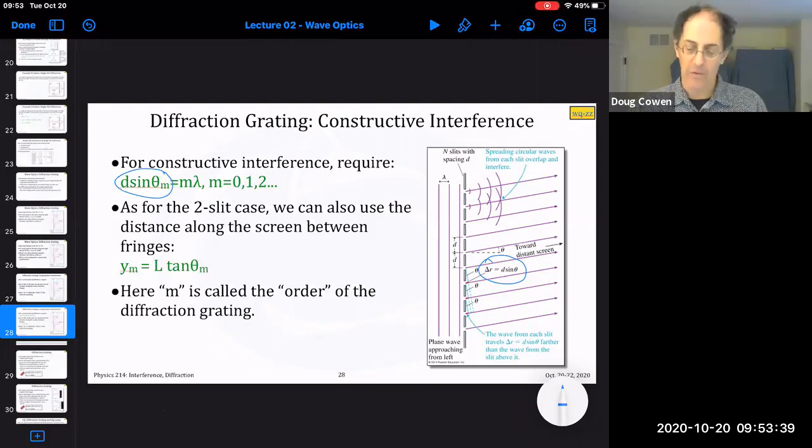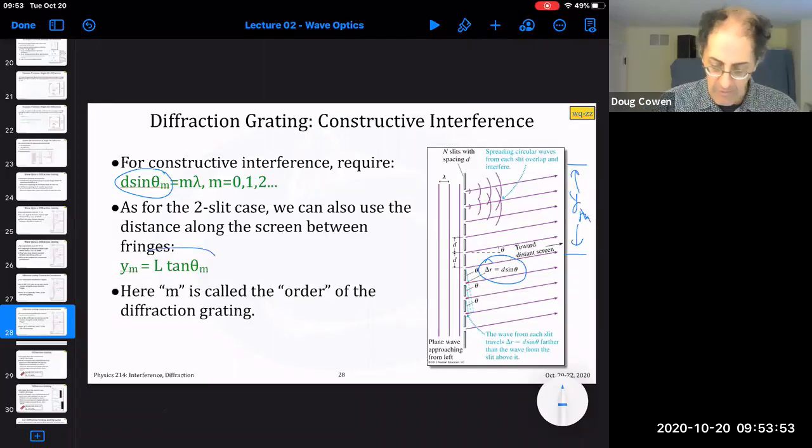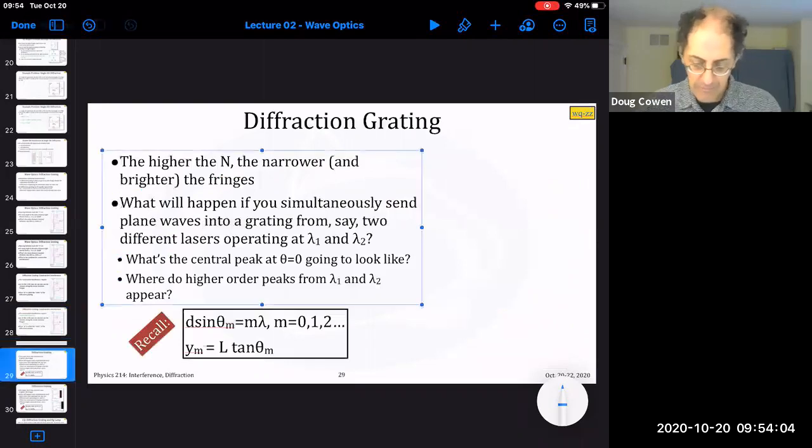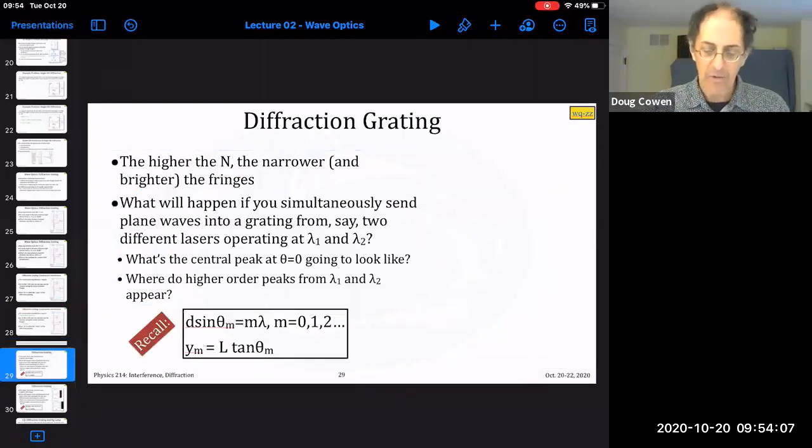And just as for the 2-slit case, you can also convert this to a statement of what's the distance along the screen, y_m, by using the relationship between the distance to the screen and the tangent. And here m is called the order of the diffraction grating. So the higher this value of m, the narrower and the brighter the fringes, and basically the better the diffraction